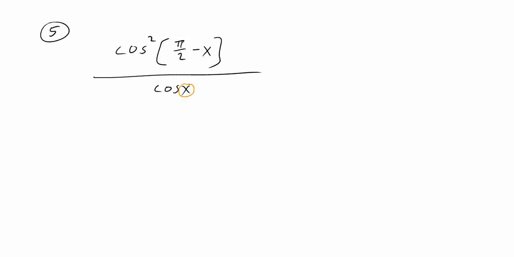Okay, so we have an angle, this angle is x, and then in the numerator, we have the cosine of pi over 2 minus x. So you'll notice when we use these identities, the angles have to be the same. So if possible, we would like to be able to rewrite this pi over 2 minus x as an x to match the cosine x on the bottom. And this is where, if you see pi over 2 minus x, or this would be 90 degrees minus x, this is looking at our